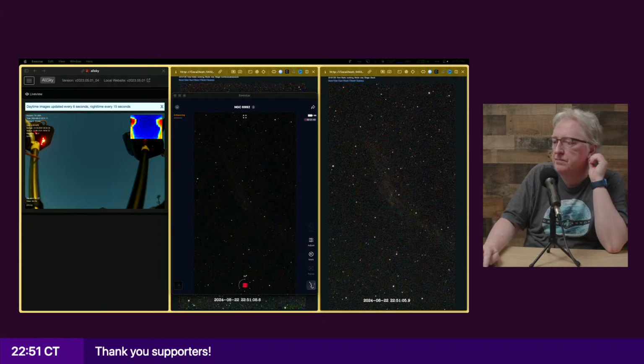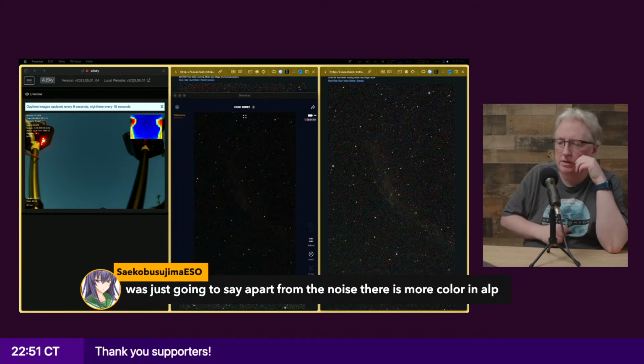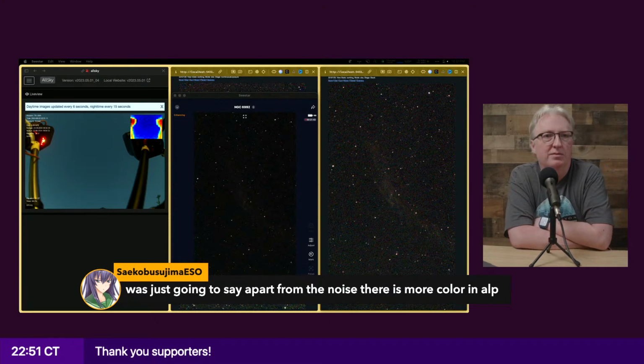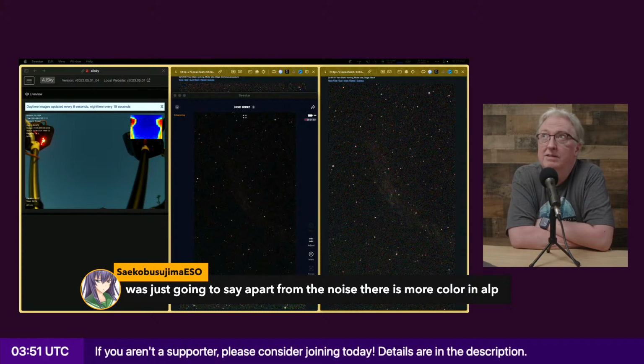Yeah, there is more noise. It is funny, because one of the things I was thinking of: since the Graxpert code is written in Python, I could even add the code to do gradient removal, not the AI gradient removal, because that takes too long.